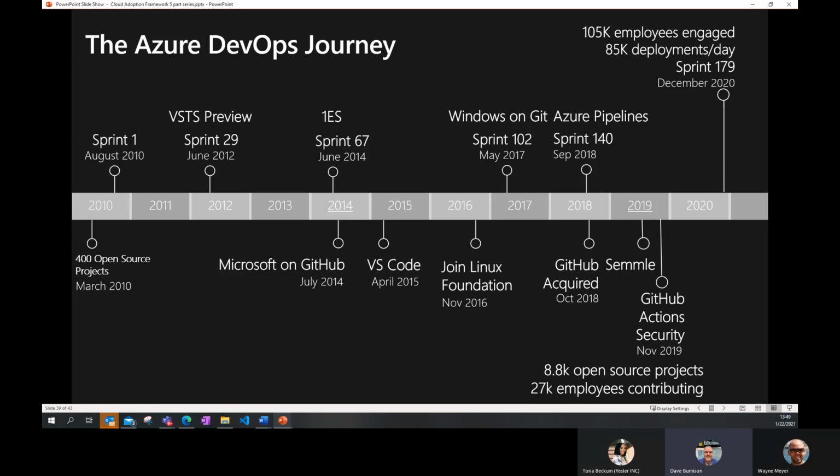And typically when we would put out a new release, customers would say, that's great, I'm excited for all these new features, but I'm going to hold off and wait until you ship service pack 1 so that I know that you've worked out a lot of the bugs and kinks. And we knew that just wasn't going to be good for our customers to be on that kind of a cadence.